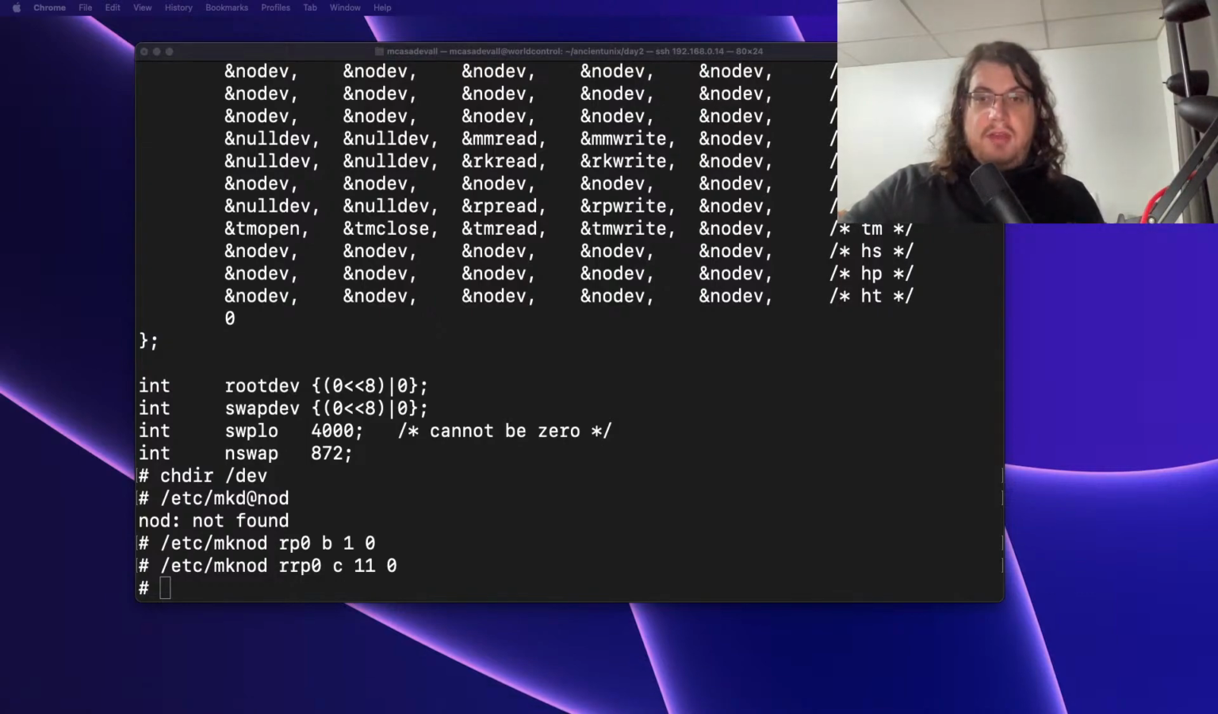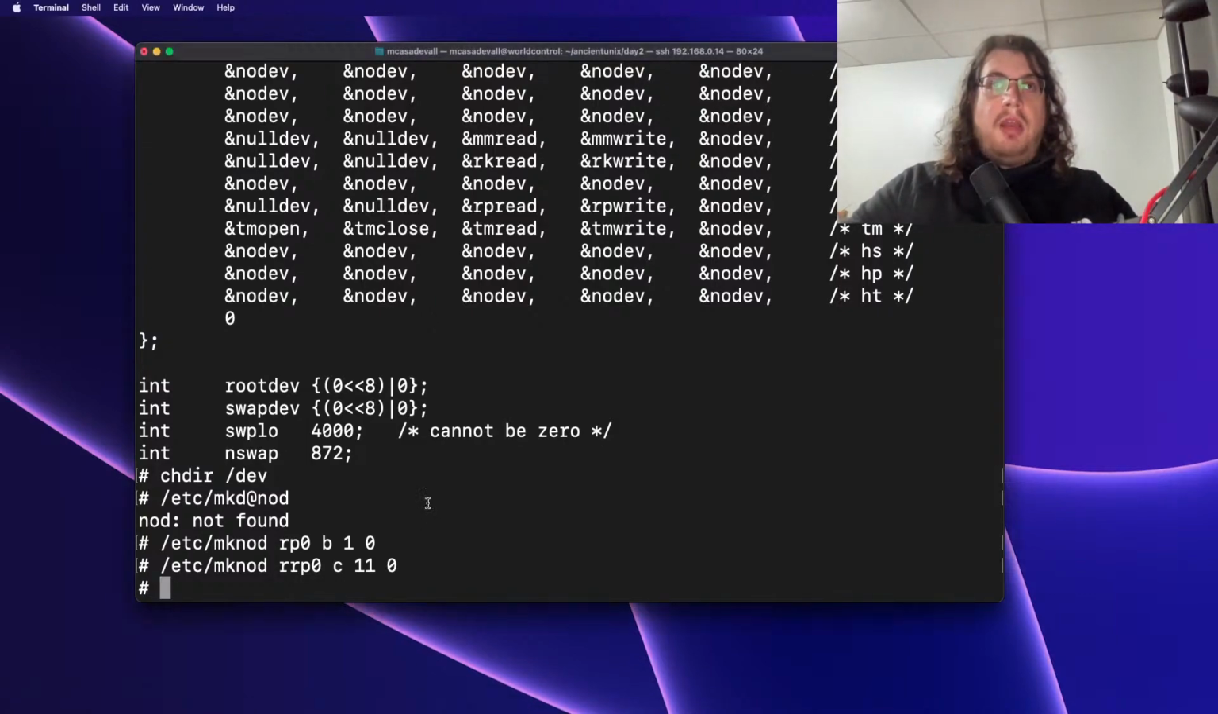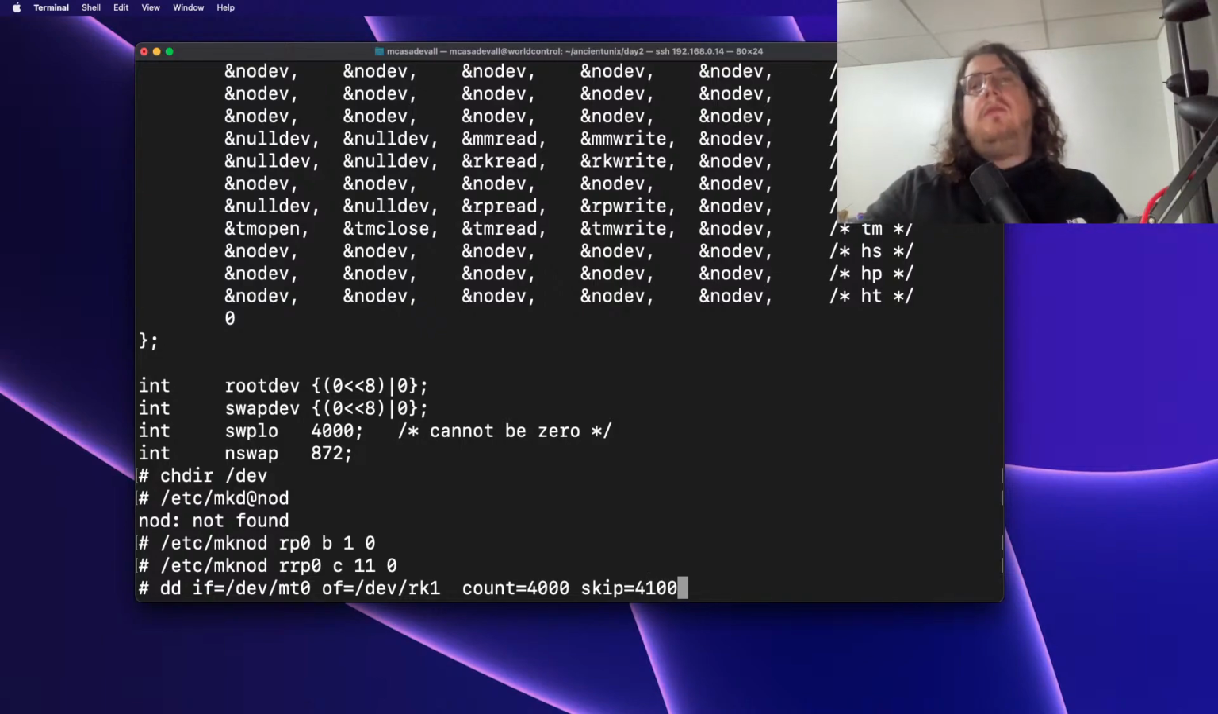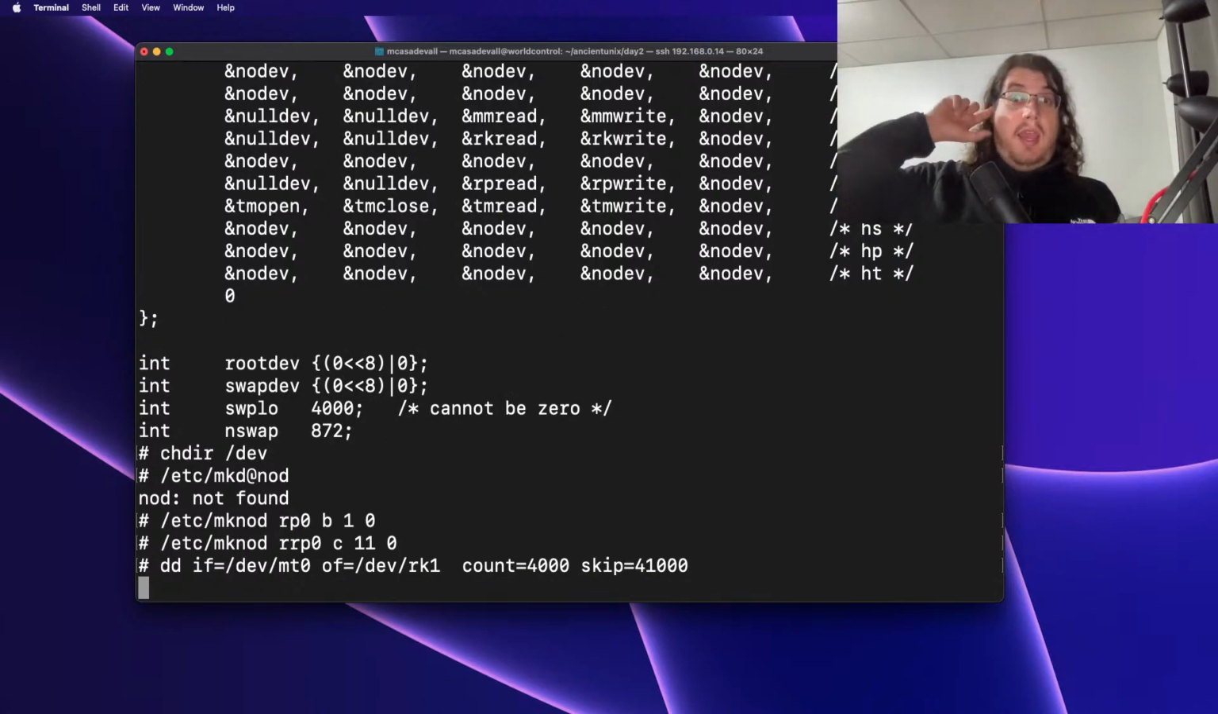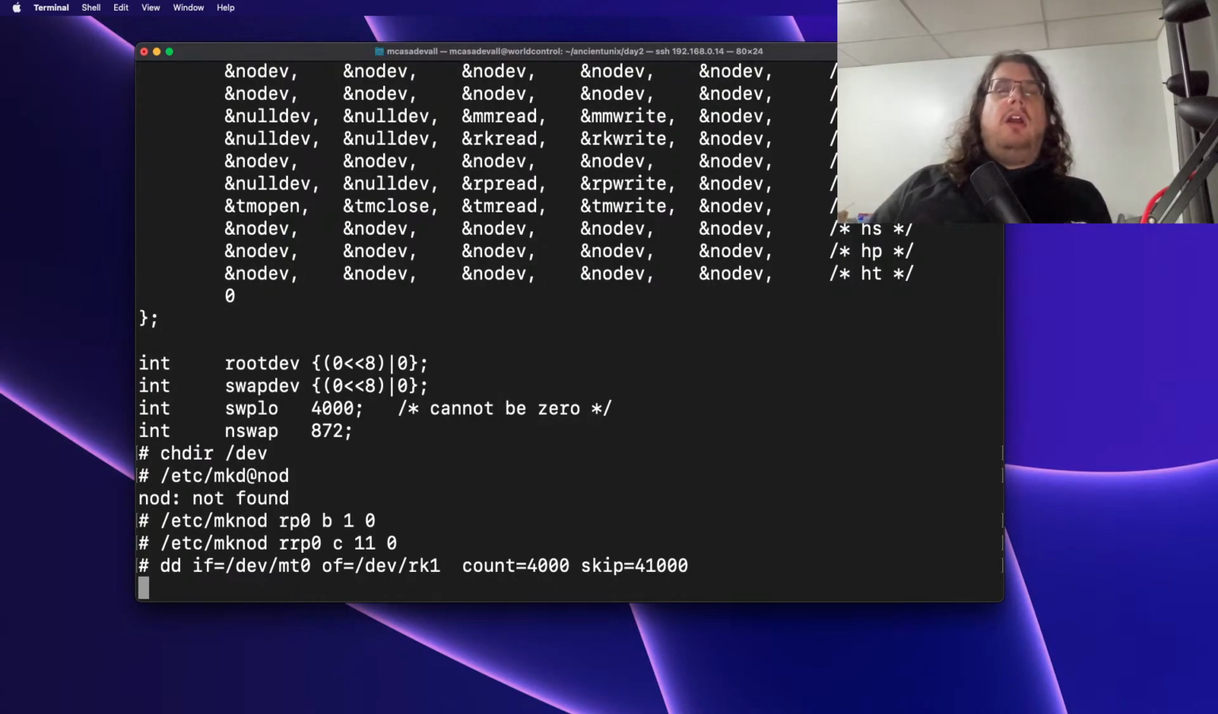So here's all the character devices. I'm not going to bother with the documentation, although it's not the worst idea in the world to grab that. So we want to read in from the magnetic tape, write out to the second RK05, write 2 megabytes, and skip the first 2 megabytes and change. And be really happy that this doesn't run at period correct speeds, because we'd be here for probably half